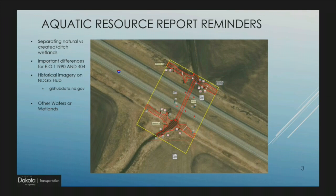So in the map here to the right, you can see where the field delineation mapped this all as one, but really we would like to see the created ditch separated from the natural, the riparian, and the other waters here. I know in the field as a delineator, it may not be that cut and dry, but a key giveaway to a constructed wetland is there's probably going to be a back slope. If you can't tell in the field, delineate it as normal, your typical standard field delineation, and then separate it